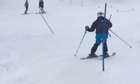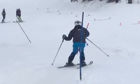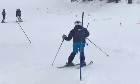And I like the fact that where your orientation is down the hill. That's good. Square down the hill. We need that little counter down the hill in the transition. But right here is where, when your skis cross under you to the other side, and you're trying to cross over them,